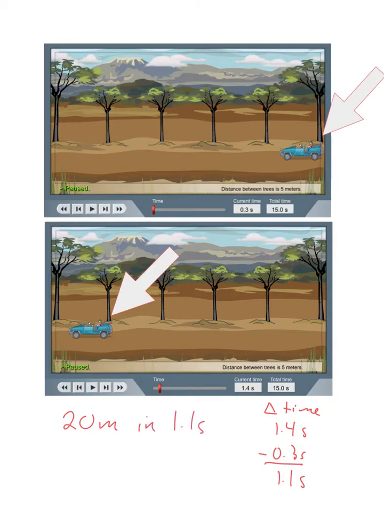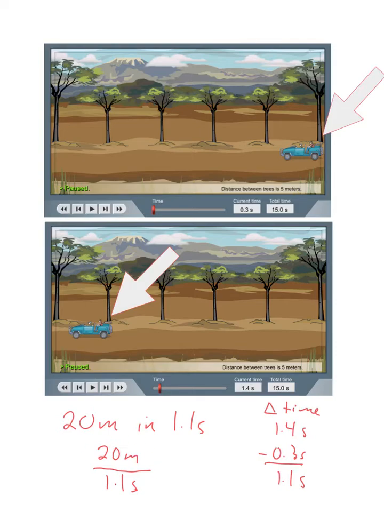Now to set this up as a ratio, you usually are going to write the numerator as the distance, 20 meters, and then draw a vinculum right here, the fraction bar, and then you're going to put the time at the bottom, 1.1 seconds. So this is important because this is the information from the gizmo that now enables me to start solving the problem. Got to remember these numbers. We're going to carry them over to our